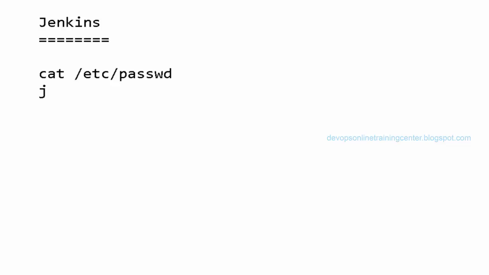There the Jenkins user will be there, with some home directory, shell, etc. In the end there will be a shell, which will be something like /sbin/nologin or /bin/false. Then you need to make it /bin/bash. Then only it will allow.